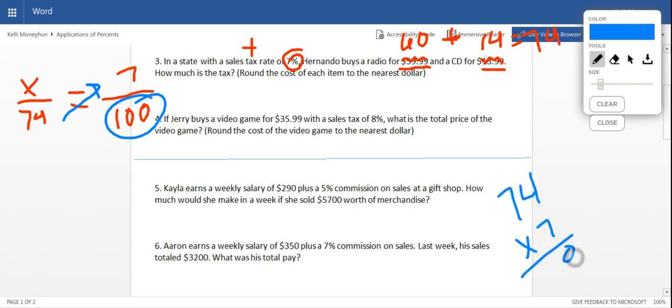7 times 4 is 28. 7 times 7, this is the hard one. What is it? 49 plus 2 is 51. Okay, so I have 518. So 518, oh geez Louise, that was terrible. So 518 divided by 100, I'm going to use my 100 trick. Okay, so